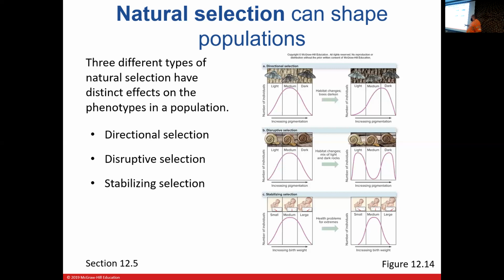Now, finally, with stabilizing selection, the middle of the curve usually doesn't move very much. But as a result, the extremes come towards the middle. So you'll notice it's a nice wide swath curve there, but over time it's kind of crunched in. And that's what you're seeing with stabilizing. It's pushing towards a very specific option.